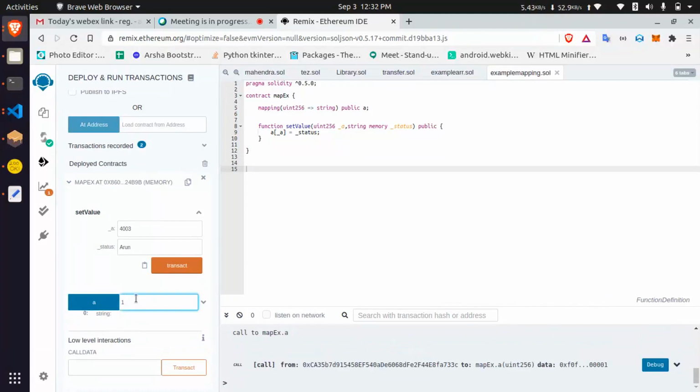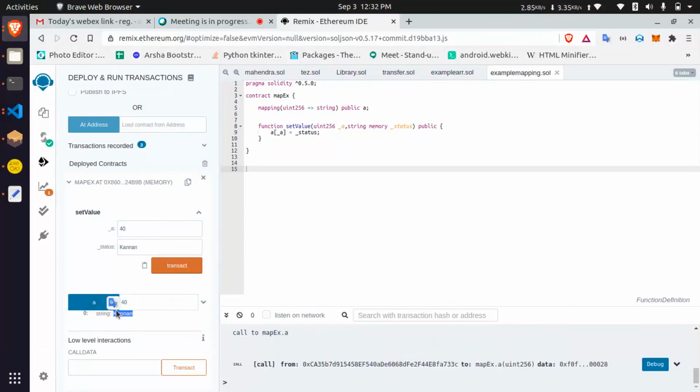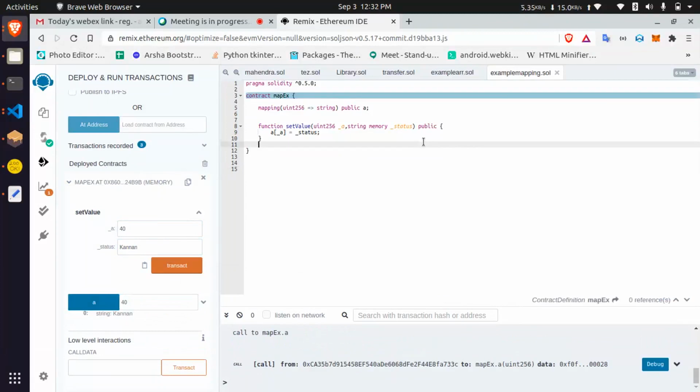Let's say for example you transact 40, you get the mapping. This mapping we can do two dimensional also.